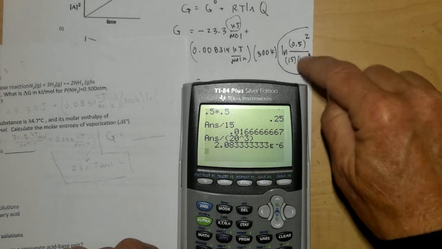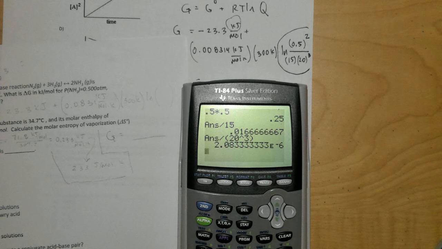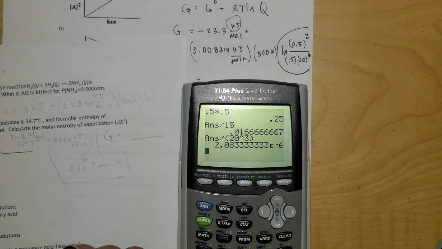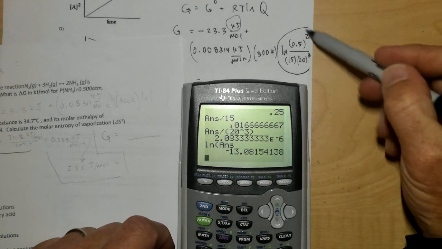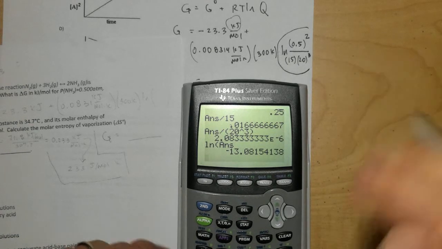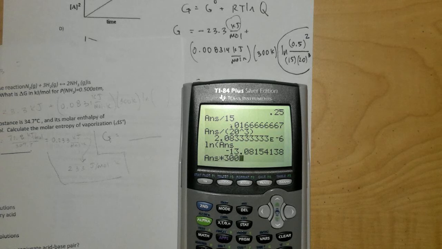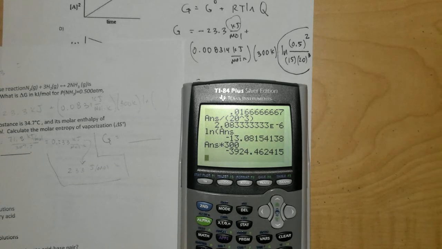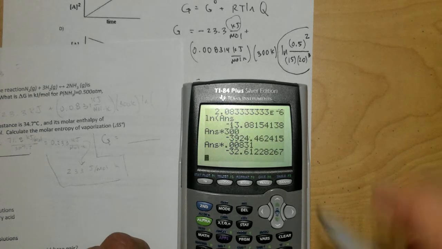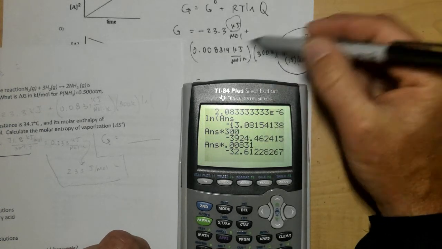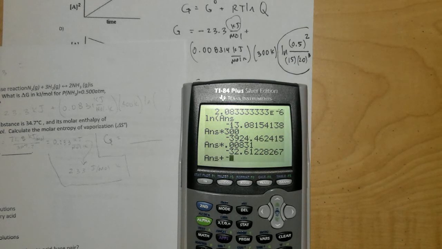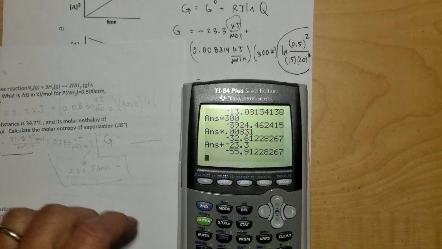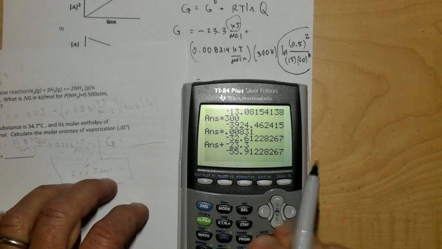So that gives us our number before we take the logarithm. And so we need to take the natural log of that, so natural log of the second answer. So that gives me what is circled right here. Then we're going to multiply that by 300, because that's our temperature. And then we're going to multiply that by 0.00831. That gives us this whole part right here. And now we add that number plus our negative 23.3, and we end up with a ΔG at non-standard conditions